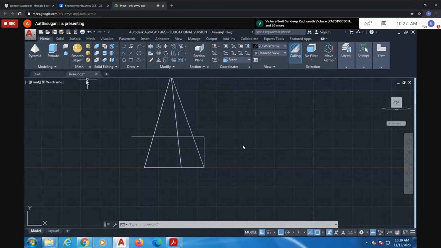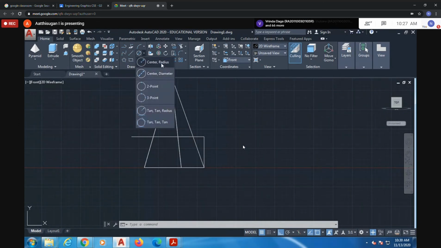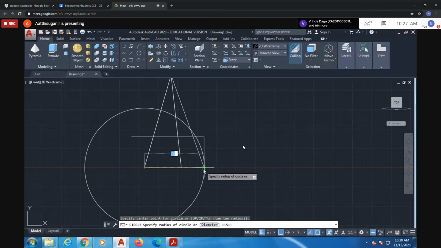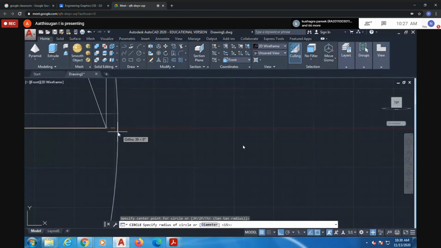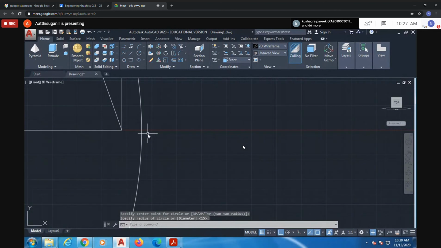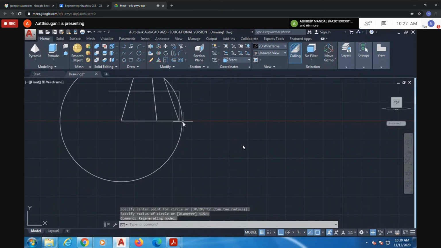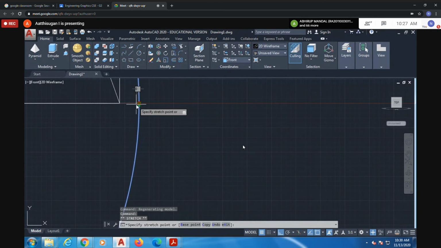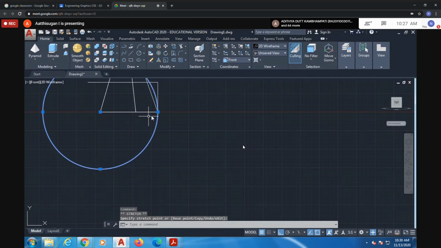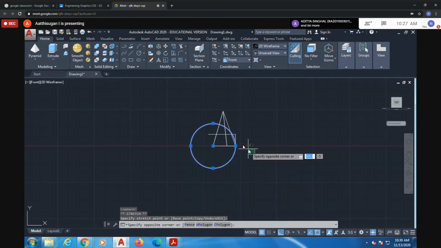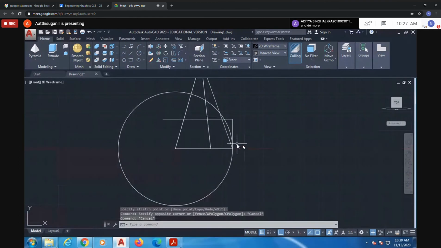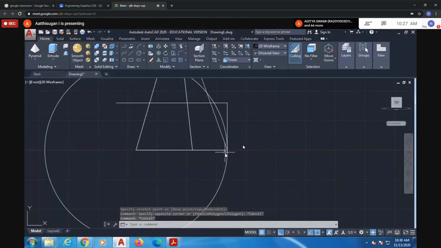For that, we are going to draw one circle from this point to this point. Moving outside, don't worry. Just click the circle and drag it to here. Listen carefully for this. This is somewhat difficult; the remaining is easy. Next, you have to move this corner 20 mm above the ground. I already drew a reference line 20 mm above here, so you have to move this corner to 20 mm, which is here. So here you can move it.